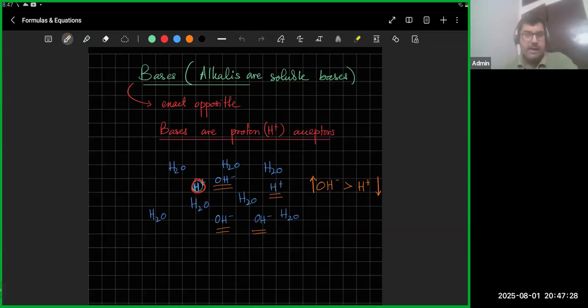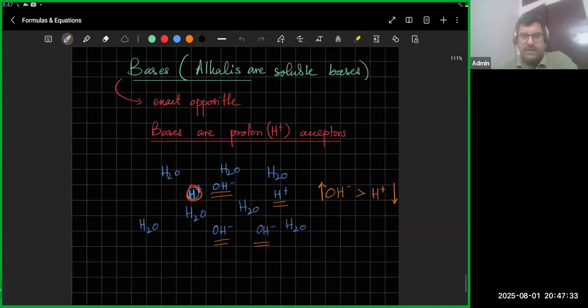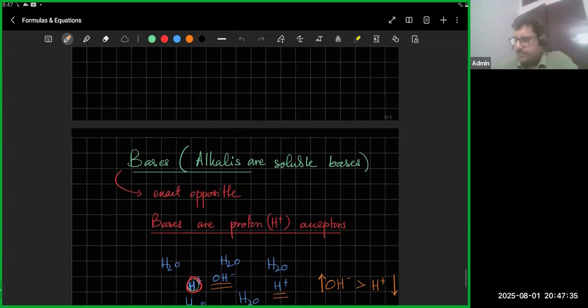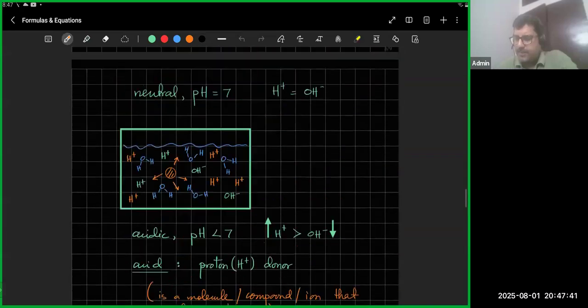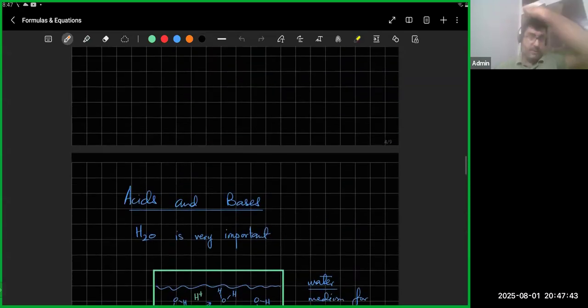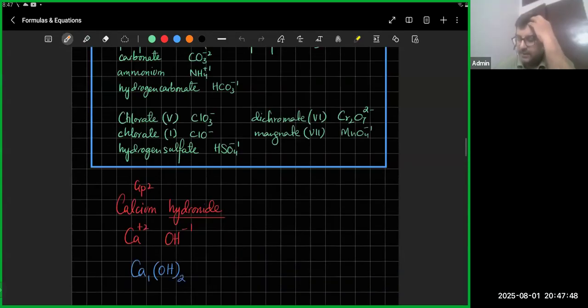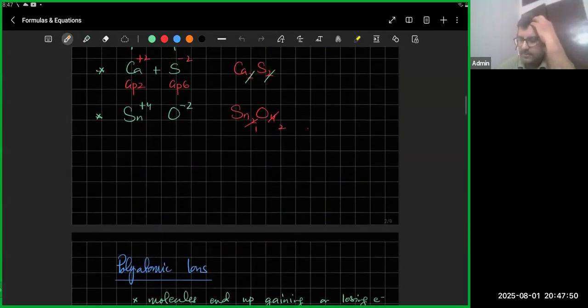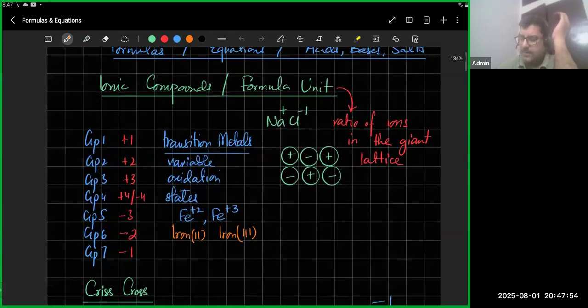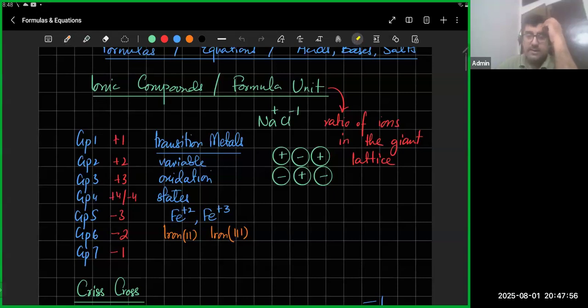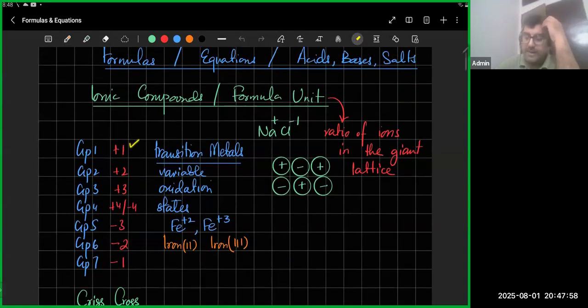Let's start with revision of what we did last time. Hopefully everyone can see the screen, right? Ahmad, is the screen visible? Yes, sir. Just a quick recap of what we were up to: we wanted to make formulas, we wanted to make equations. After chemical bonding, we had discussed which groups have which charges when it comes to ionic